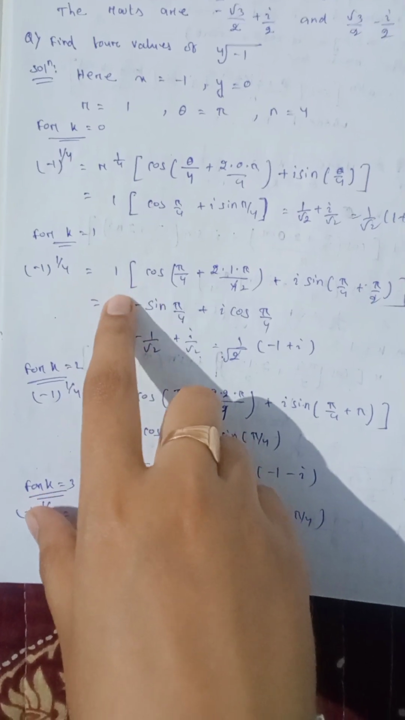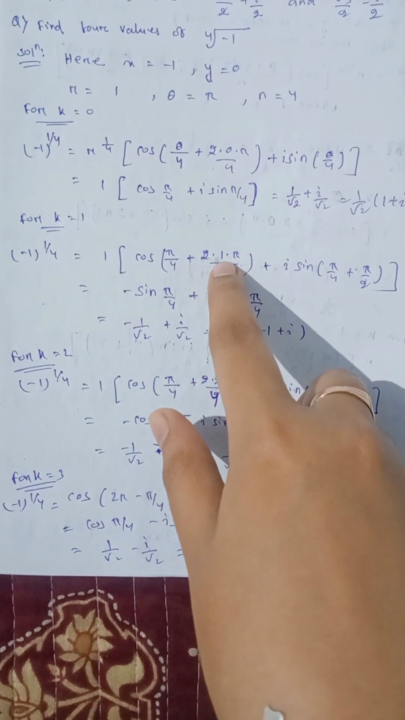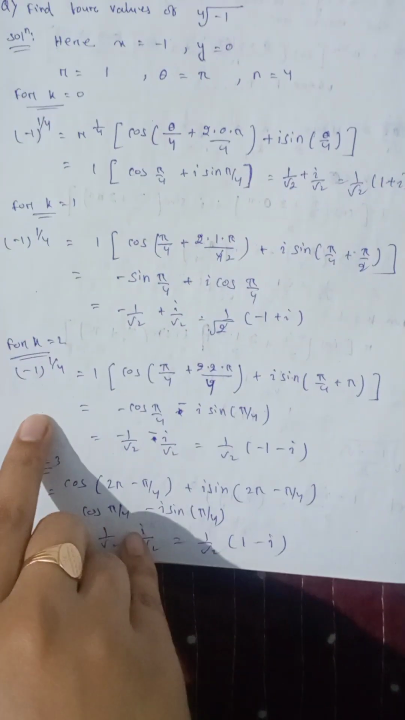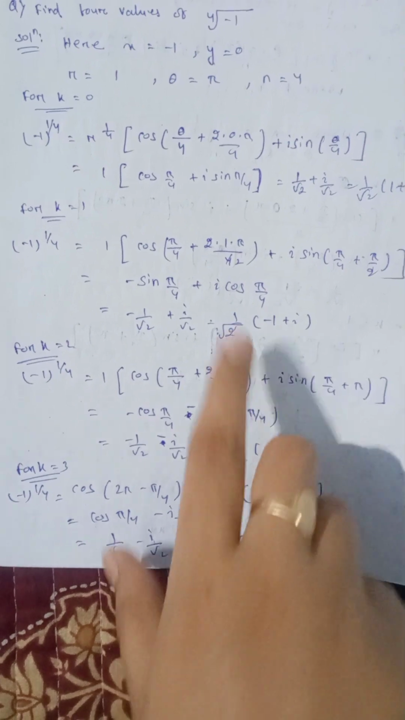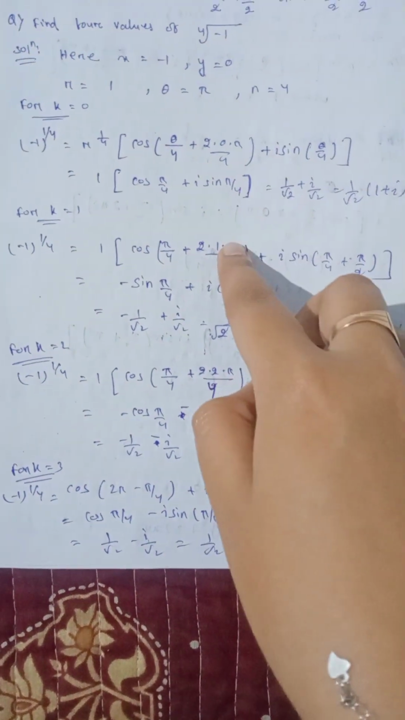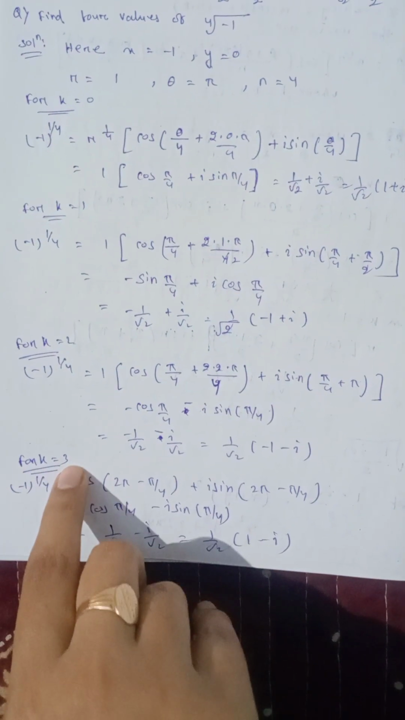For k equal to 1, 1 into cos pi by 4 plus 2, 1 into pi. Similarly, you can get this. For k equal to 2 also, just put 2 in the place of k. Then for k equal to 3,